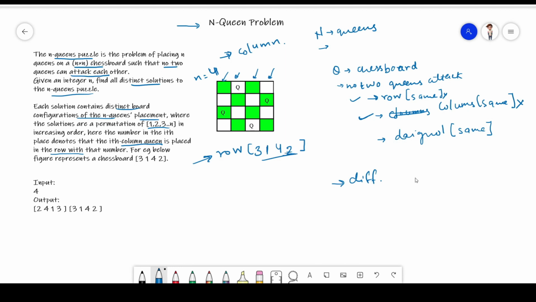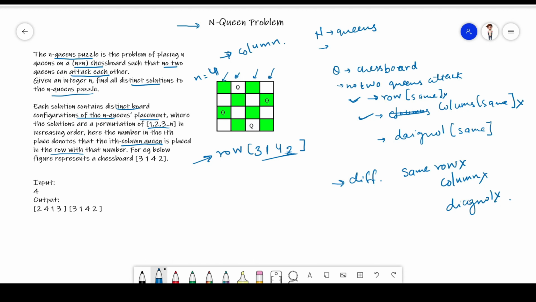So we can easily see that we have to place the queens such that no two queens are in the same row, the same column, or the same diagonal.